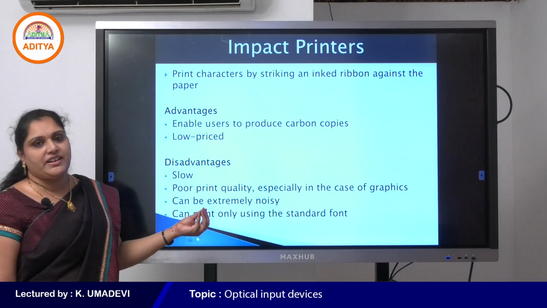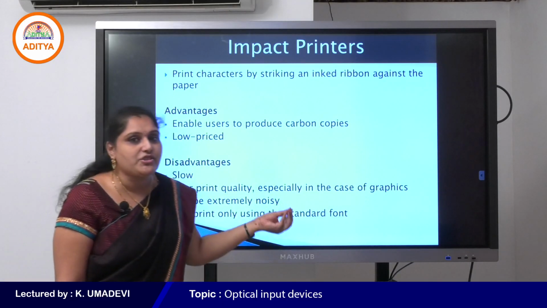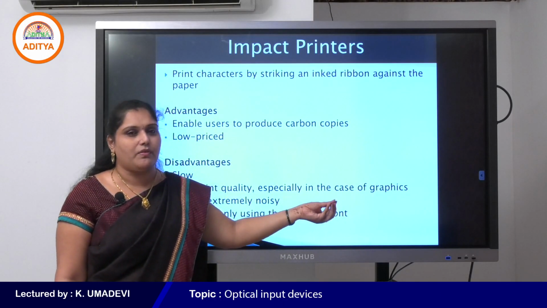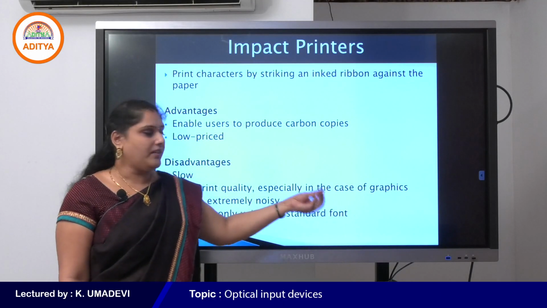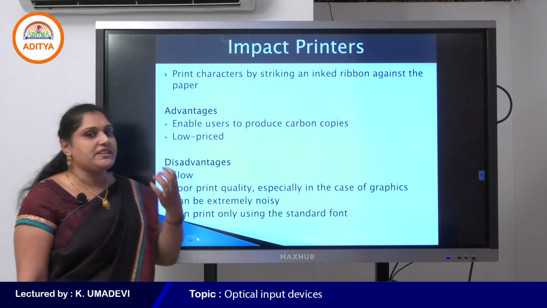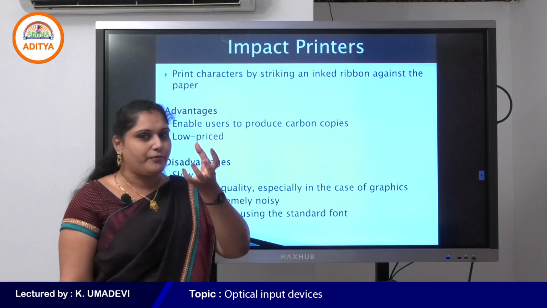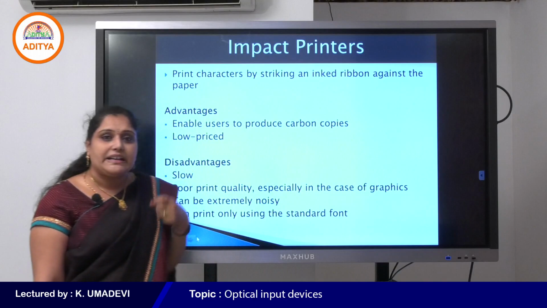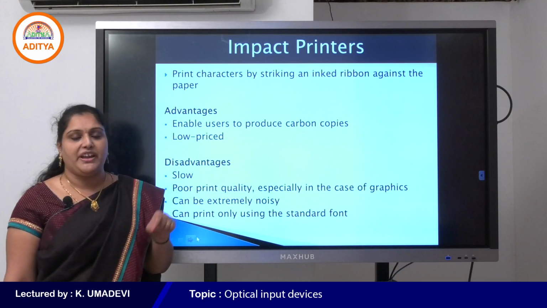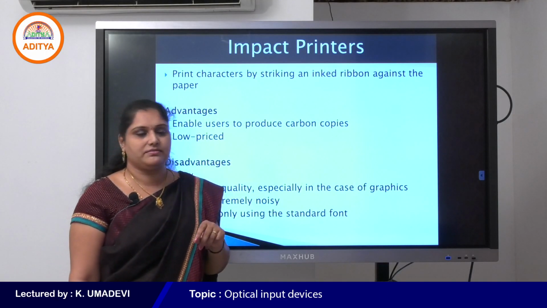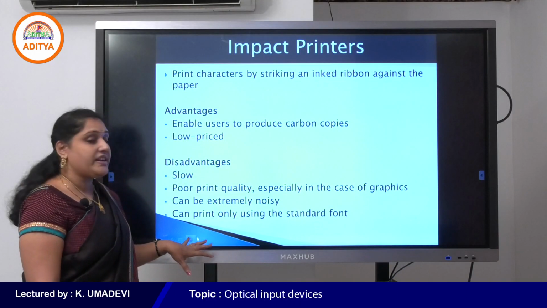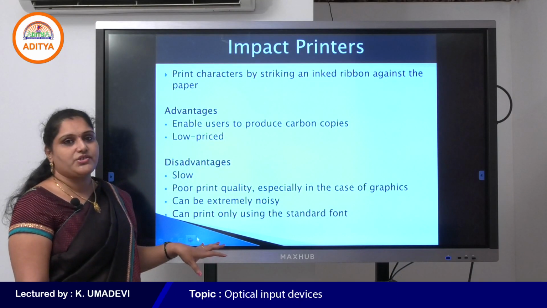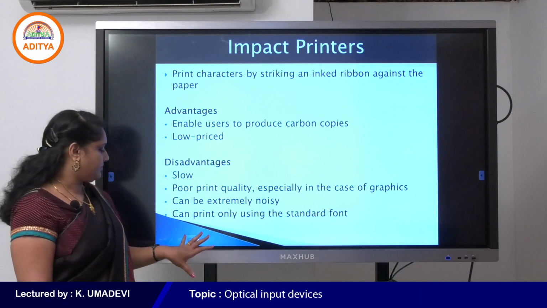Also poor print quality, especially for graphics like images or drawings. It can print only using the standard font because some font styles are not recognized by these printers. That is the main drawback of impact printers.